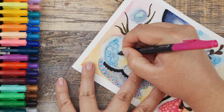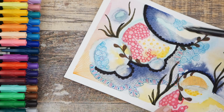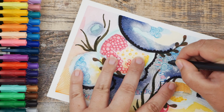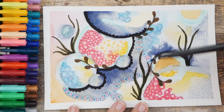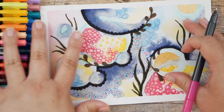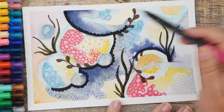I'm just trying to bring some of these colors together so they can blend a bit and make it feel a little bit more cohesive. And this pink is one of my favorite parts. I really love this color on the background, so I'm going to stick with this color, but stay with the fine liner more. And I'm going to put in some more